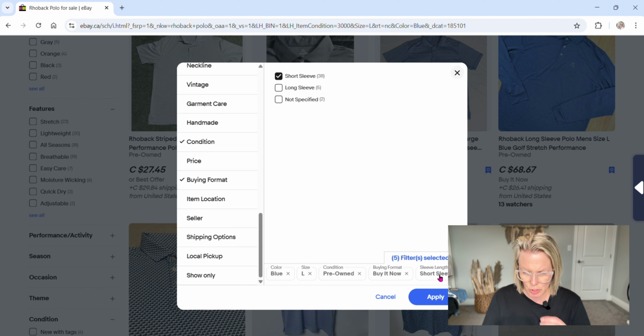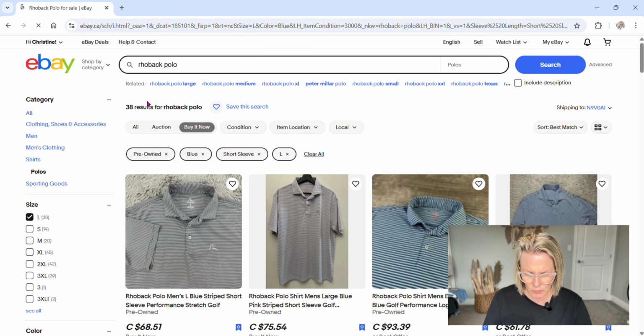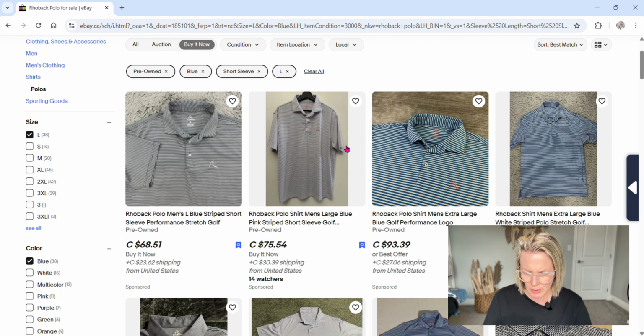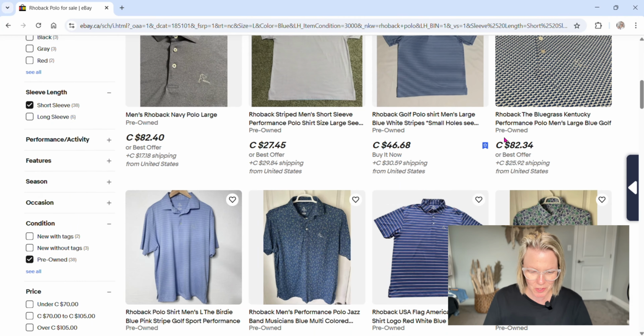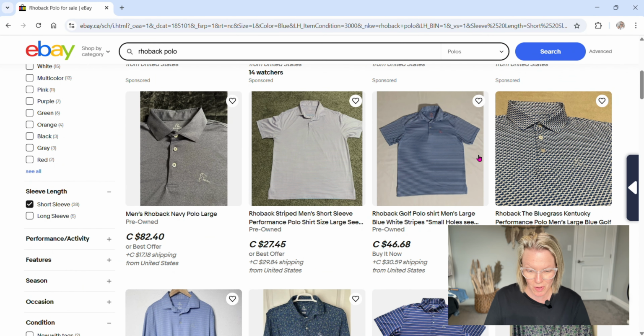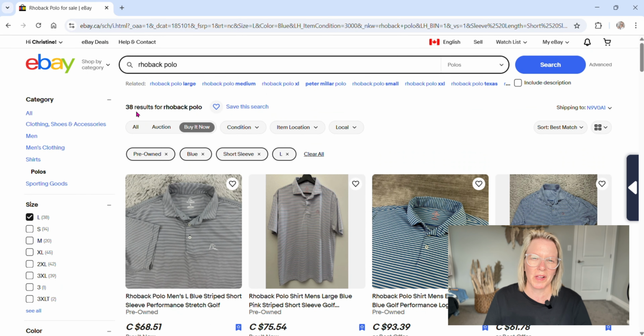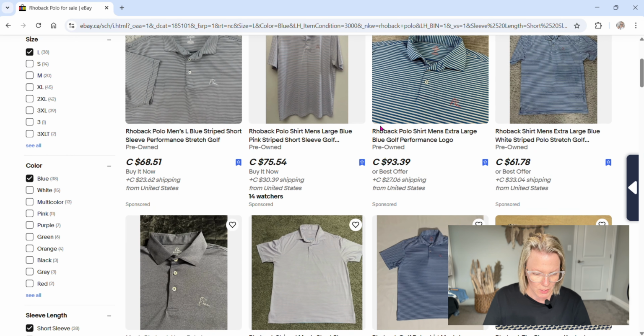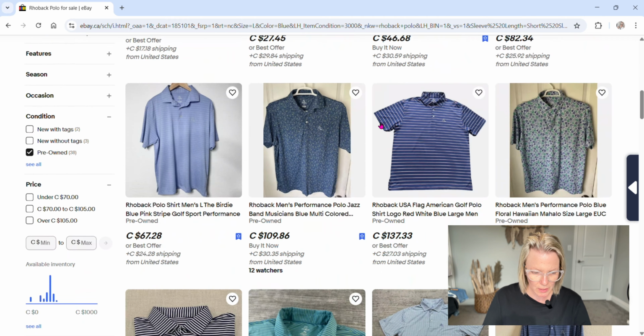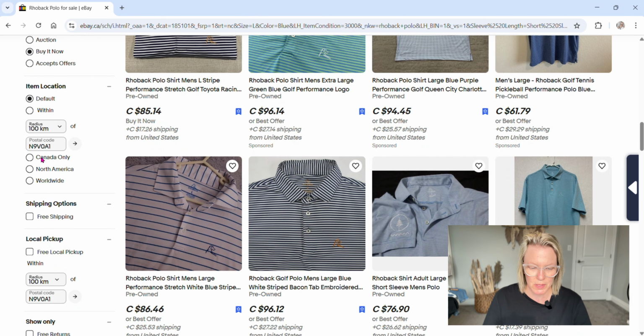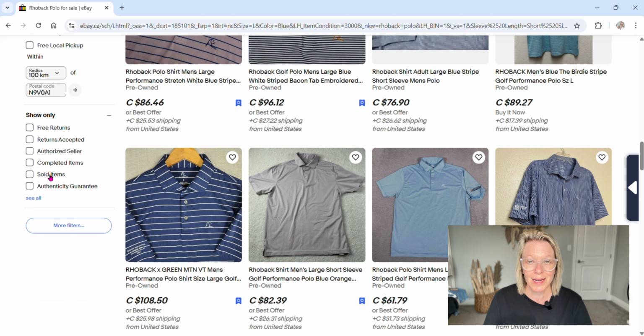And again, I'm not sure how they're calling these blue, but we have quite a few to choose from. This does not look navy at all to me. Neither does this. But just for this practice alone, it is saying that there's 38 available on eBay. And I'm going to go with probably more like 30 available on eBay. So we're going to scroll all the way down to the bottom here, and we're going to click on these sold items. In the last 90 days,